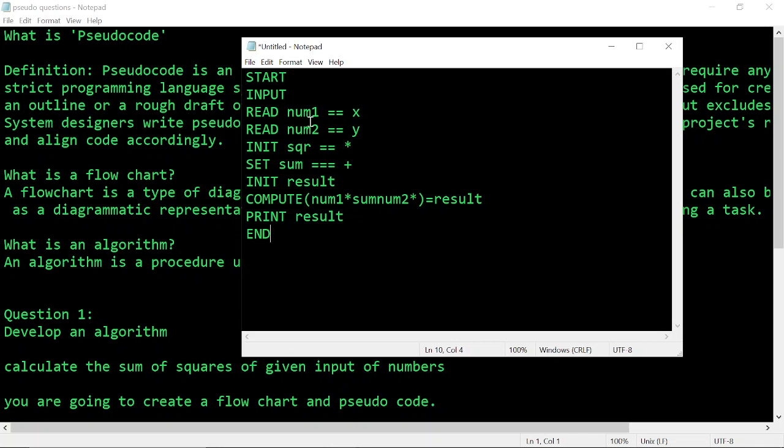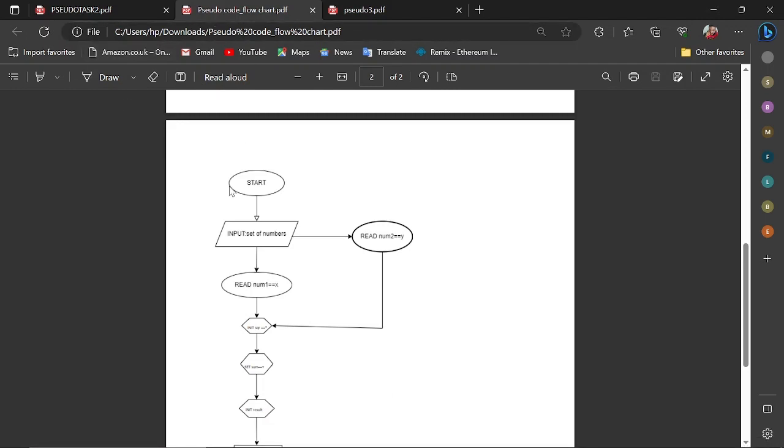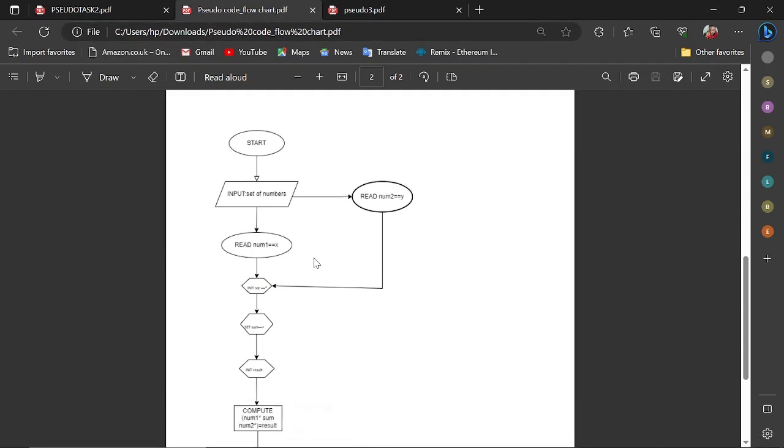So let's go ahead and take a look at our flowchart. I'm not going to do the flowchart here, but you can look up draw.io. You can draw different flowchart diagrams. Then you can just look up draw.io. It will be very helpful for you when you're trying to get your flowchart done. So let's go ahead and take a look at our flowchart. Okay, so as you can see,